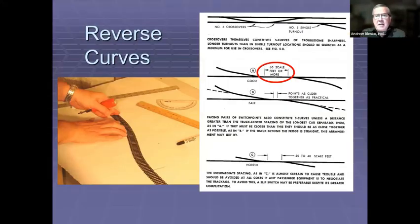Reverse curves is something that I think people ignore. I know we have a reverse curve coming into our housing plan, and every time I drive that, I shake my head and think, how was that allowed? Because our municipal ordinance would not allow that, but our builder doesn't seem to feel he needs to follow that. So